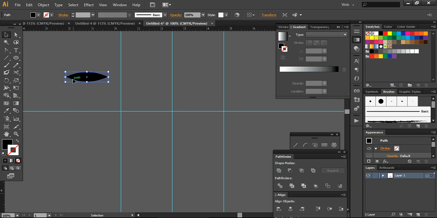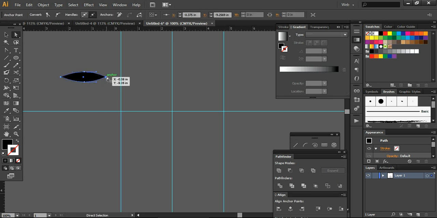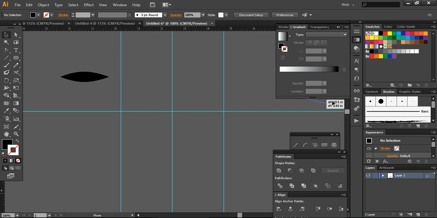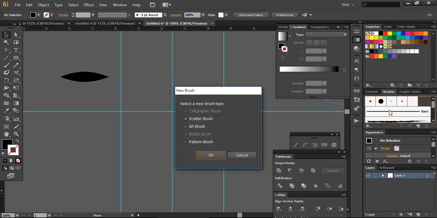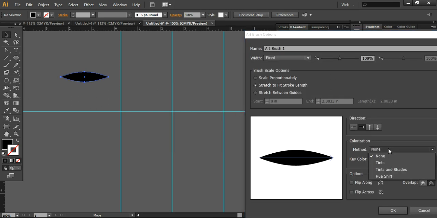Now I'm pressing Ctrl A just to increase the edges of both points. Okay, it will look like this now. So I am taking it to my brush section. If your brush section is not showing, then you can press F5. Otherwise you can come over here in Window and you can find the brushes. I'm going to use the art brush. Press OK, and now the method is